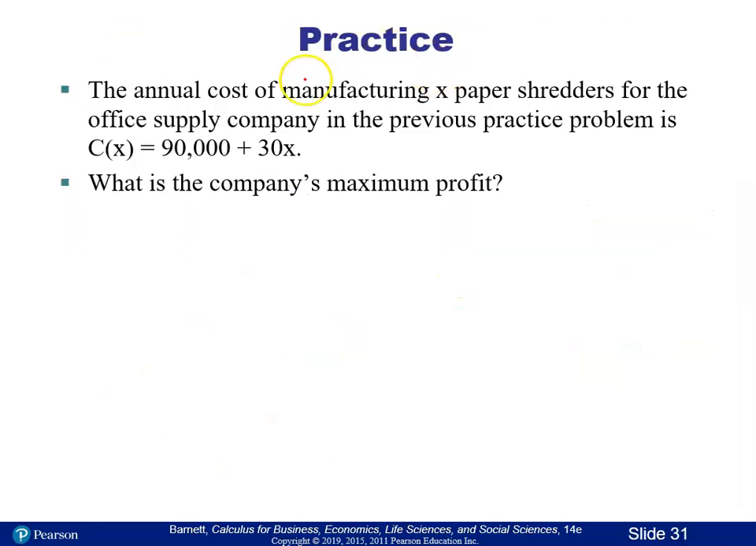Okay, here's one to practice. This goes back to the paper shredder practice problem from earlier, and we're actually asked to maximize the profit again. It's so important that you're trying these. So I would say definitely pause it, get as far as you can, and then pick up with the video again. So from our previous example, we had determined that our revenue equation